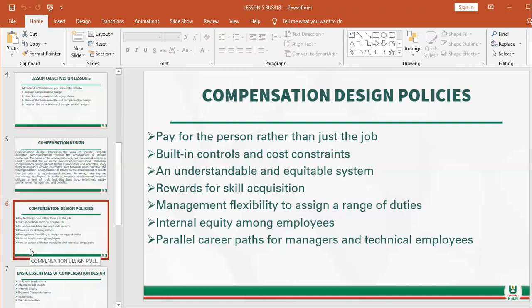Then we have management flexibility to assign a range of duties. In this, management should be flexible. This policy has to do with managing the duties of employees, and it has to be flexible for employees also. Then we also have